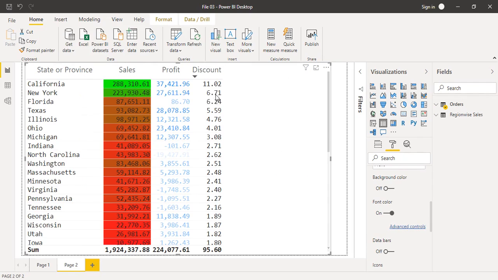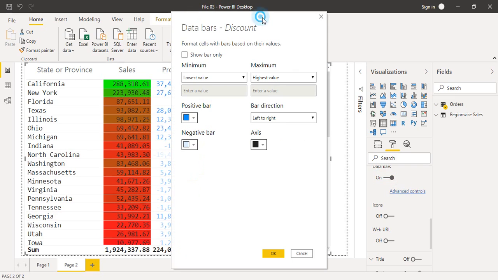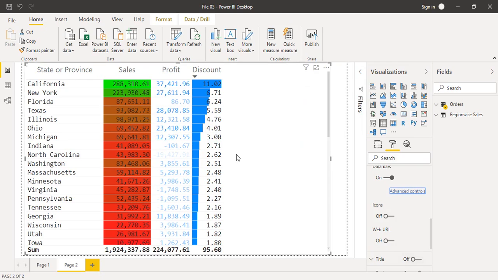The third one is the discount column. Now we have sorted the table on the basis of the discount column, and let's just apply some conditional formatting over it as well. So we can just select discount column, and here are the different things, like you can apply a data bar, and these are the data bars that can be applied, which is the length of the bar that is showing you what is actually the value of the discounts. Then what you can do is you can just select two bars, either positive or negative, and you can just give its direction. Suppose it's right now left to right, you can just change it to right to left, and once you click OK, the direction of the bar changes.